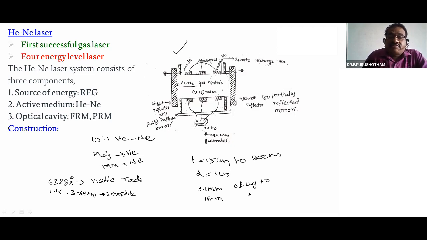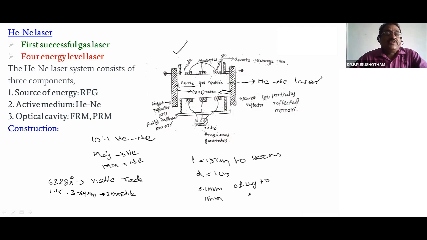The radiation is incident on the fully reflecting mirror. It is reflected and allowed to fall on the partially reflecting mirror. From this partially reflecting mirror it is also reflected. After several incidents and reflections, the ray gets sufficient energy and comes out from the partially reflecting mirror as a laser. That laser is called the helium neon laser.